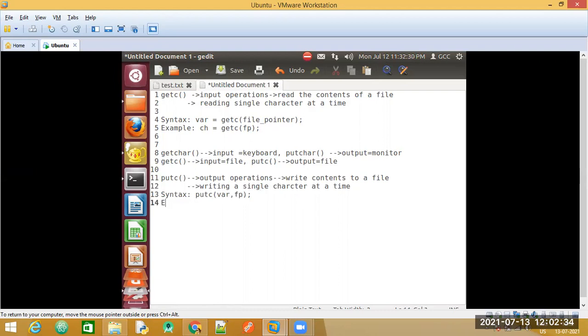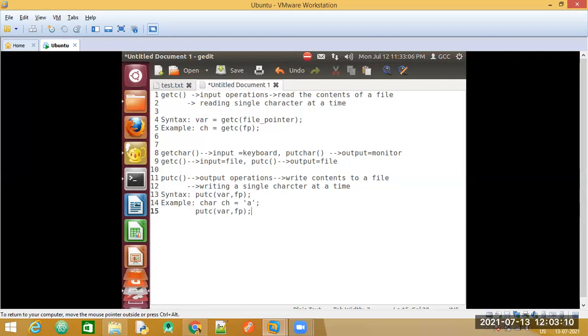So for example, assume that I have declared a character variable ch and I have assigned the value a, that means ch is holding the letter a. Now if I make use of the putC function, it takes two parameters. One is the variable which we want to print, and then the file pointer.